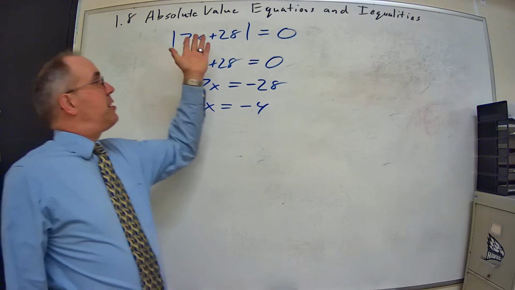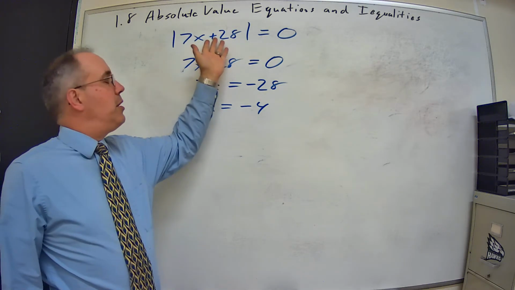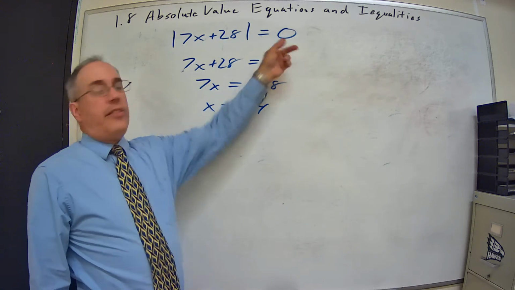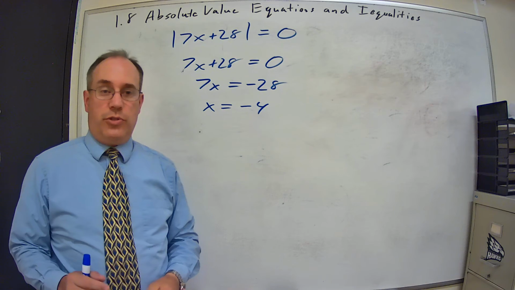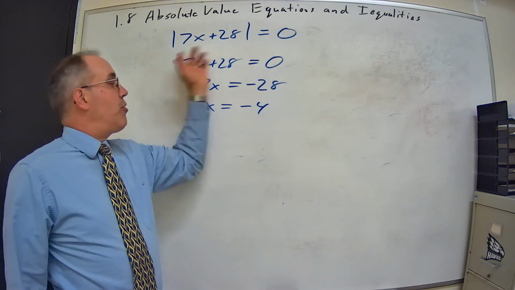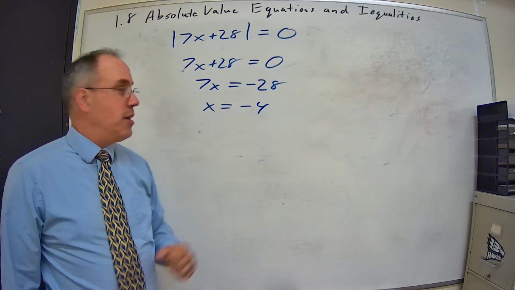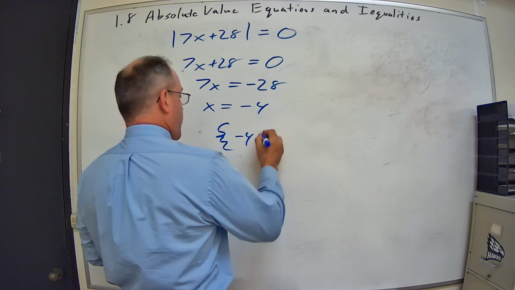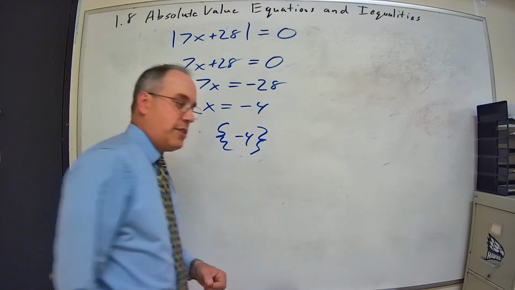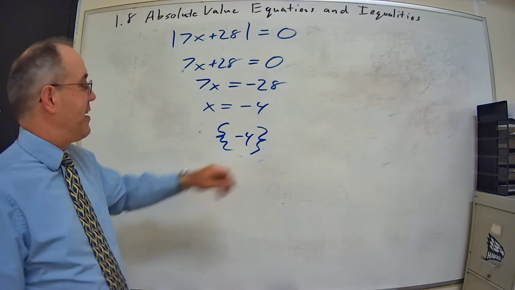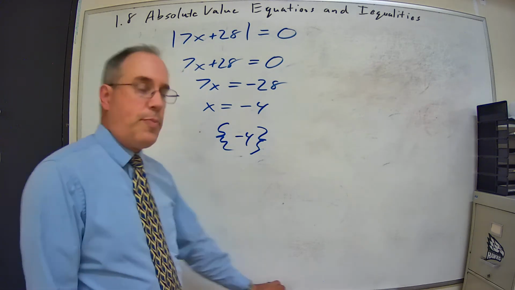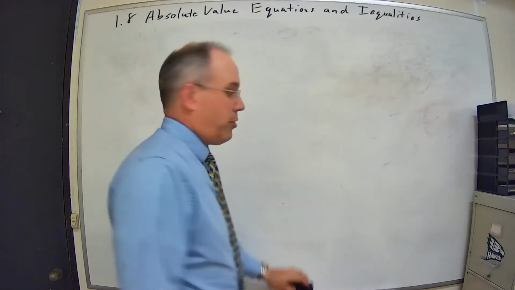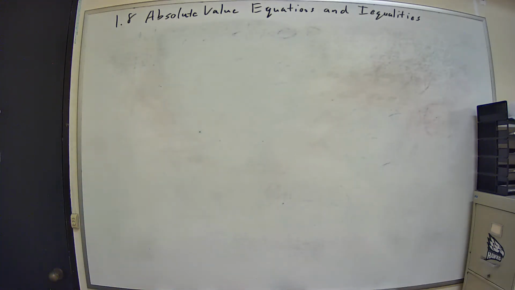Note that when this absolute value expression is equal to 0, there is only one solution. When it is anything but 0, we had two solutions. But when it's equal to 0, there's only one possible solution to it. So there we go, and we can put it in a set as negative 4. Just having a really hard time with those squiggles today. Okay, so negative 4. So that's one special case, when the absolute value is set equal to 0. Another special case